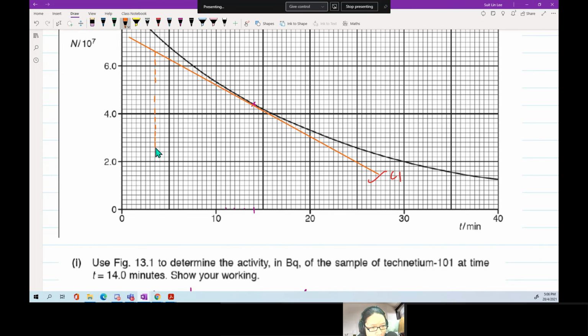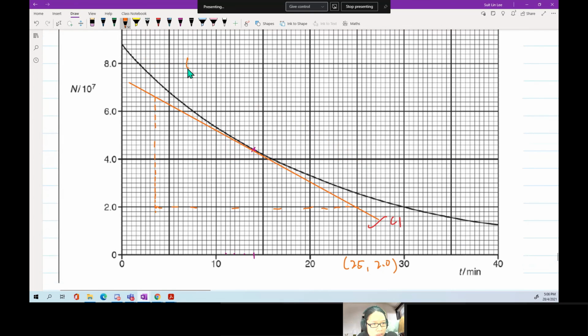Okay, so remember we say corner plots only. I also tend to read corner plots only because if not, then it's very hard. Okay, this one looks fairly corner to me. Not exactly, but close enough. So this coordinate down here is 25, 2.0. Coordinate up here is 2, 4, 6,